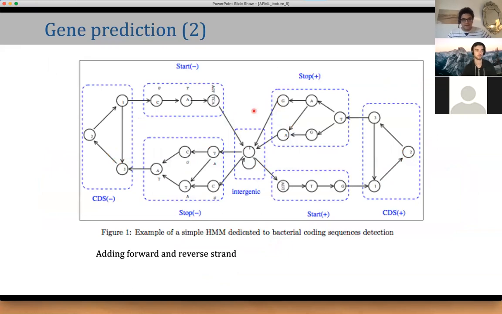So that's the first model, but DNA is a double helix, so you can read the gene on the forward strand or on the reverse strand. So you need to take that into account. In fact, you need to extend the model a little: we have a forward ATG, and then the codons, and then the stop. But we also need to tell the HMM how it should find a gene on the reverse strand. So if you're on the reverse strand, you first go into the stop, then you have the CDS on the negative strand, and then you go to the start.